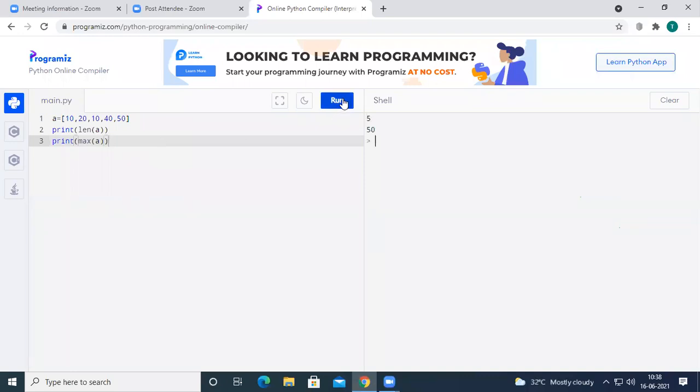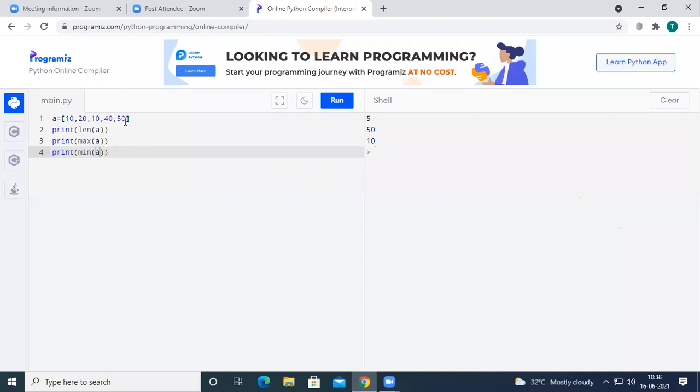If I run the code, it will print 50, because 50 is the maximum value inside the list. At the same time, if I want to print the minimum value inside the list, I can go for the function min. This min function is going to return the minimum value inside the given list, so 10 will be printed on the output screen.